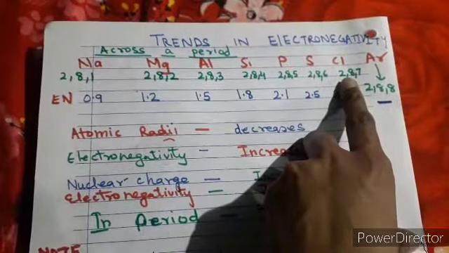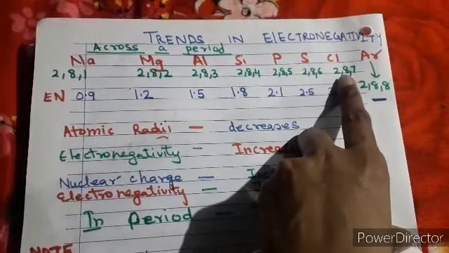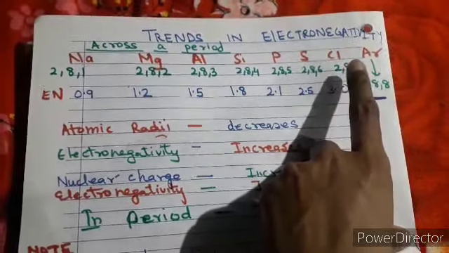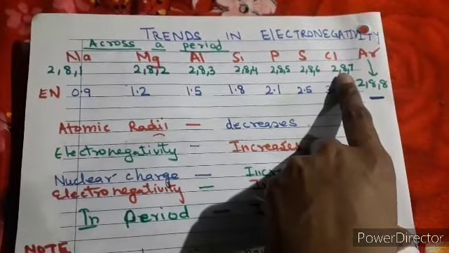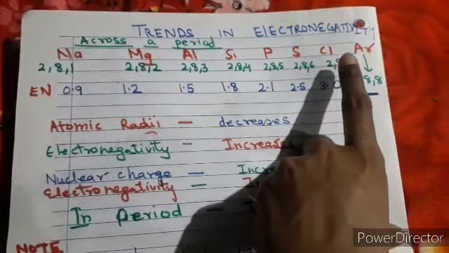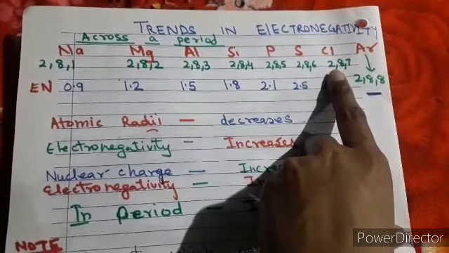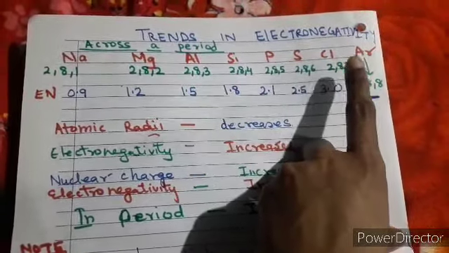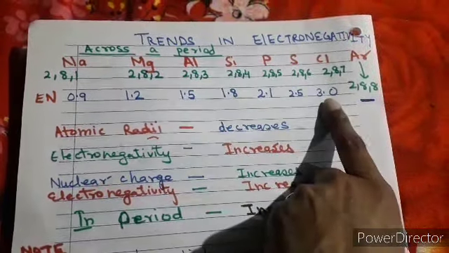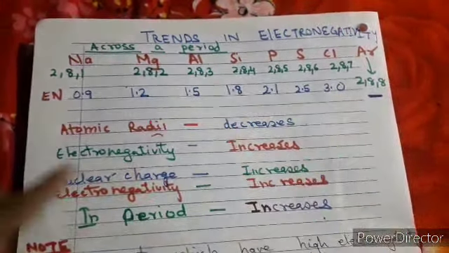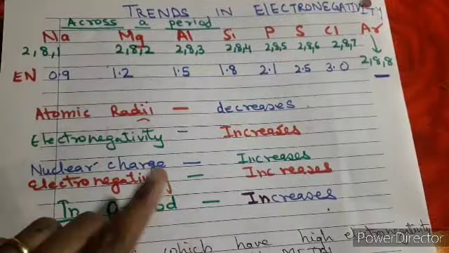So this particular atom, when you reach up to here, the atomic size is very small. So what will happen, it is more electronegative in nature, and it will accept the electrons in its outermost orbit, and this leads to the bond formation, and you are seeing the value, that is 3.6. So this way you can explain your electronegativity.